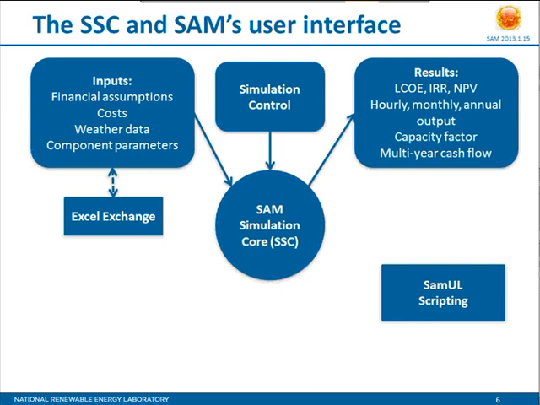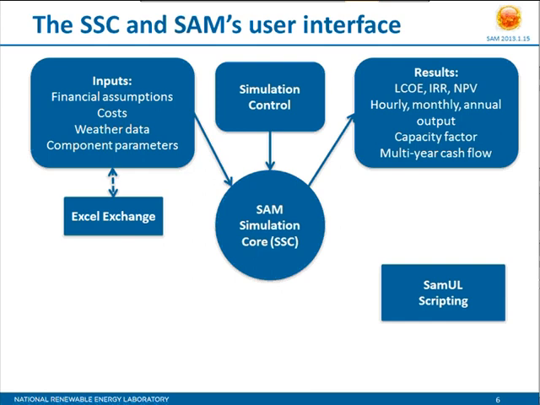You've got simulation control, so that's code in the user interface that runs the simulations, and we've got things like parametric analyses and so on that can make multiple calls to the simulation modules, and then the results